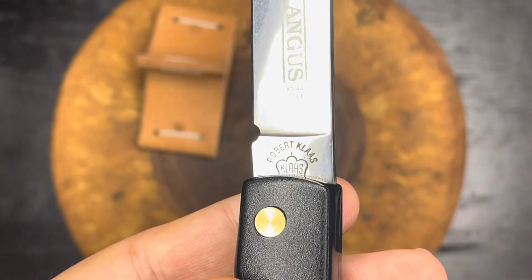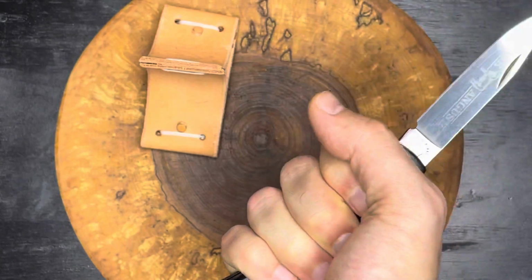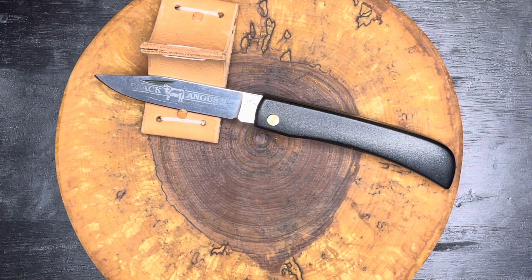So Stuart, thank you again for sending this. This is awesome. I really like to use these as work knives. Maybe a steak knife? Black Angus steak? Sounds good to me. All right, I'll get this table cleared off and we'll take a look at some of